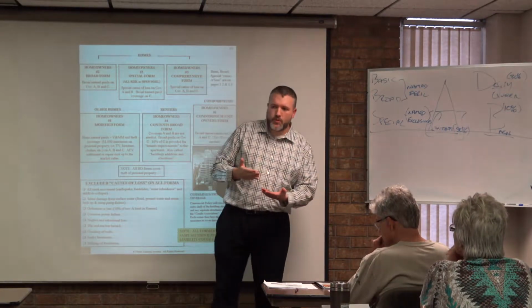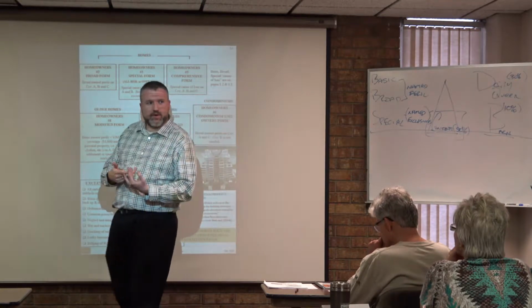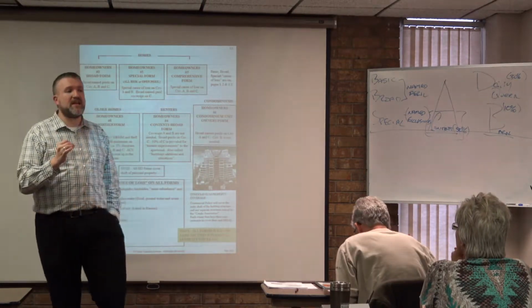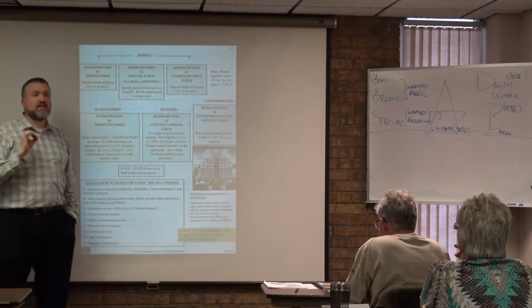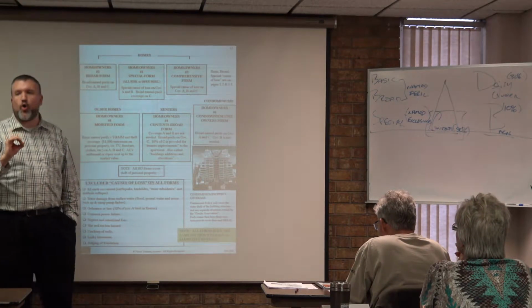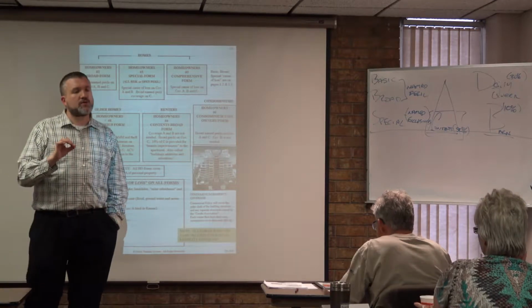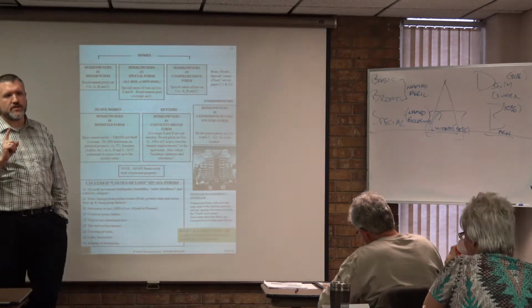All right, so we went over the 2, the 3, the 5, and then the 4 and the 6. The last one we need to go over is the HO8. Right now, for test purposes, the HO8 is the one that we use for older homes. We also call this the modified form because look at this.